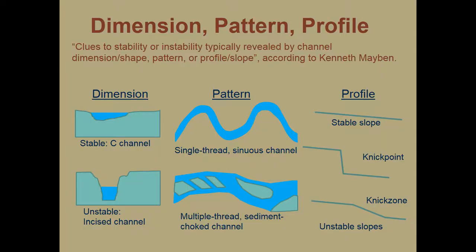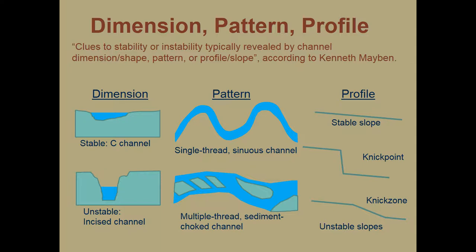Kenneth Mabin, a stream morphologist and riparian expert, created this approach to considering a stream channel. It is a simplification and a summary of the classification. After all, the reason we look at the channels is to determine if there is a problem. In cutting to the chase, Mabin says, clues to stability or instability, for example, excessive erosion or deposition and degradation